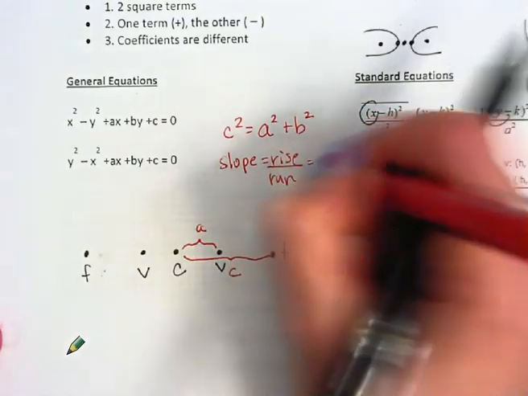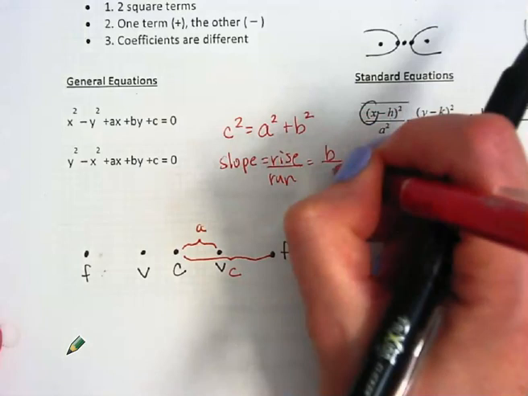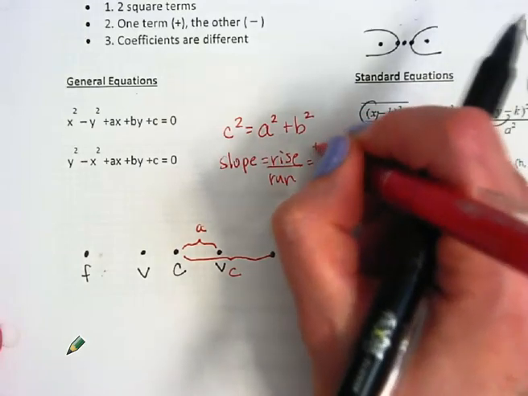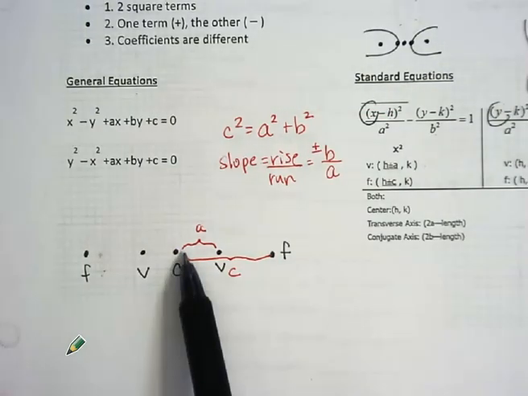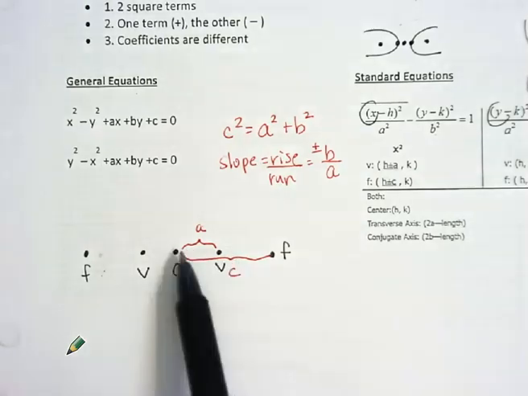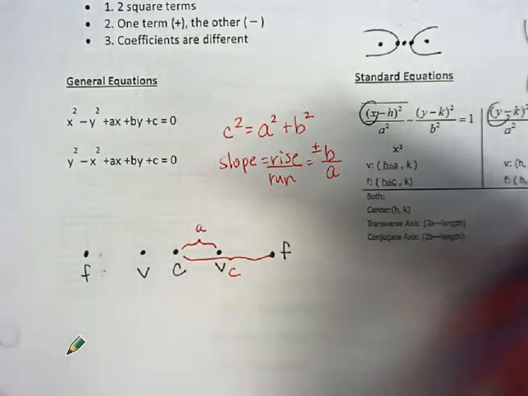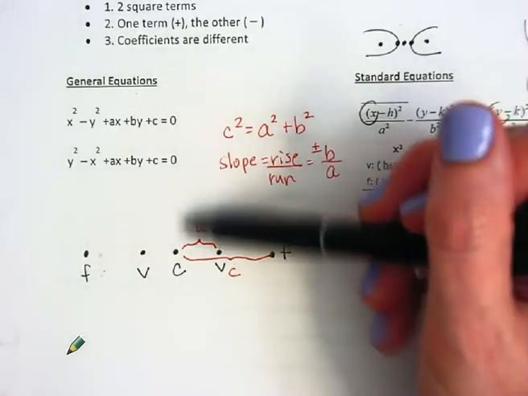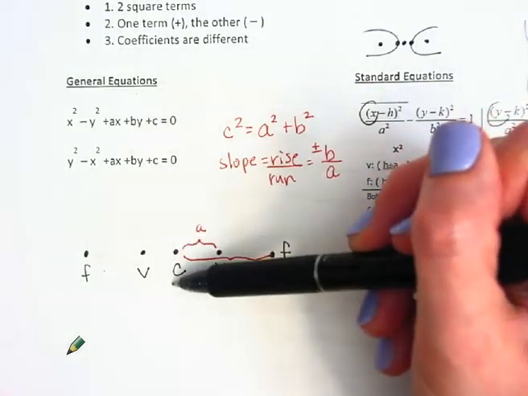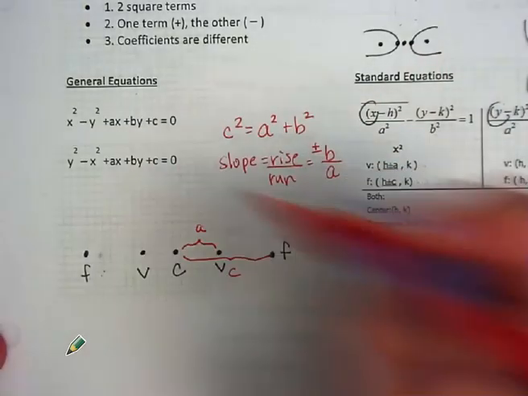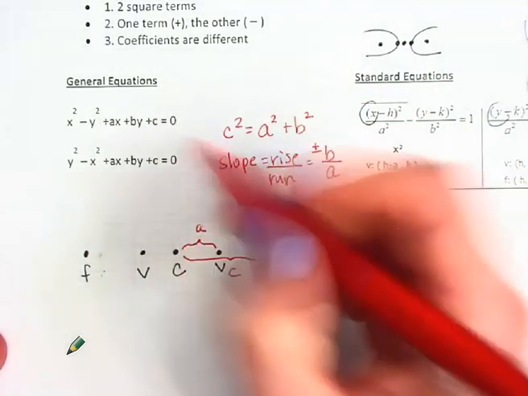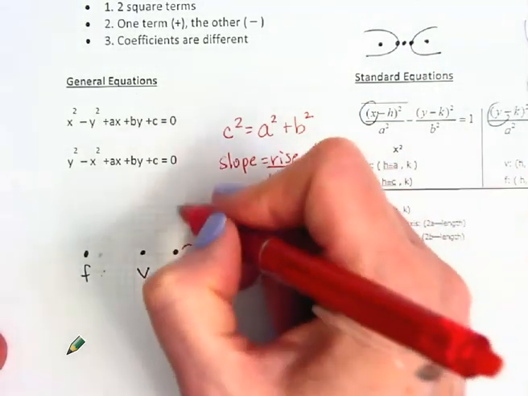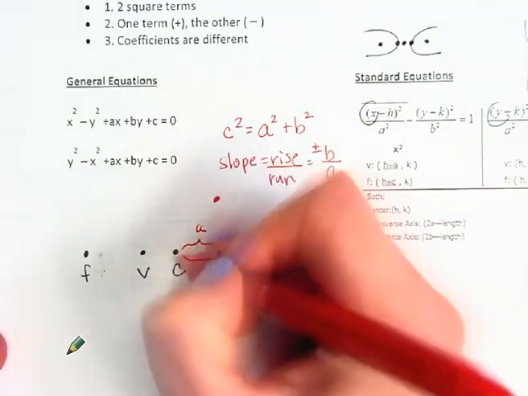So the rise is going to come from our b value, and the run, left and right, is going to come from our a. And that makes sense because we used a, we counted right and left, so that's a run situation. And this value that we get when we square root b squared, that's going to be our rise, our vertical shift. So imagine, starting at the center, we do some kind of rise over run,